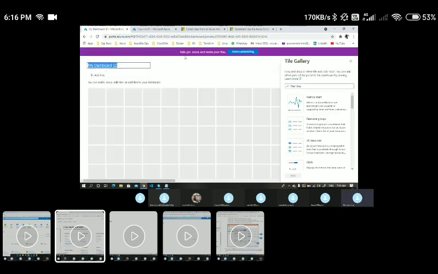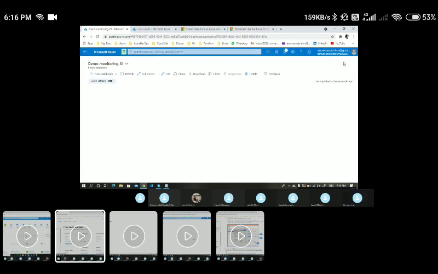Here, let me give a dashboard name. We might be following certain naming standards as per the project requirement. For now, I'll say demo dashboard itself, demo dashboard 01, or else I'll say demo monitoring. Anything is fine. You might be following certain naming standards. Let me click on save. And here, I have created a new private dashboard, which is completely empty now. If I open the drop down, these are the two dashboards which I currently have.